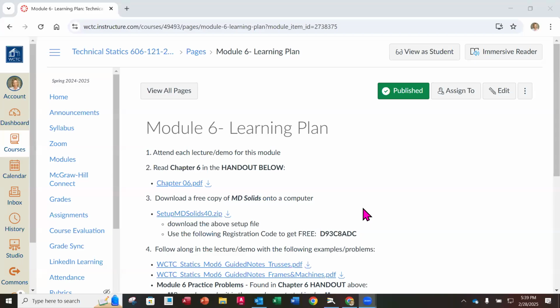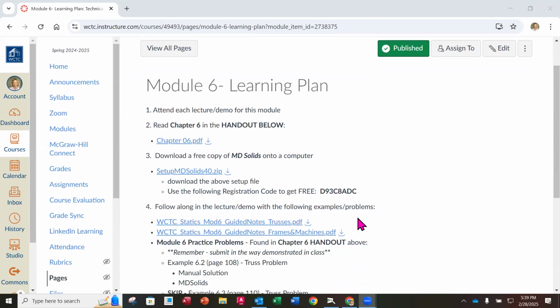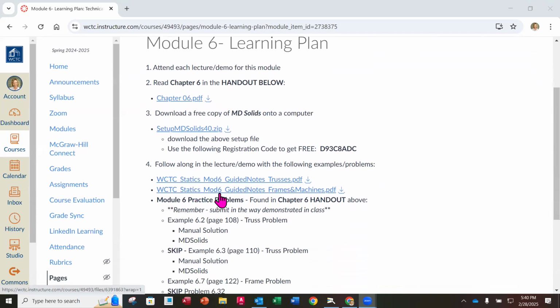Okay, so we're going to continue on in Module 6. The first part of Module 6, we looked at trusses, and that was the last time that we were together. We saw how we could use MD Solids to help us with that, and we also showed how to do manual calculations. So now we're ready to look at the second half of Module 6, which is going to be looking specifically